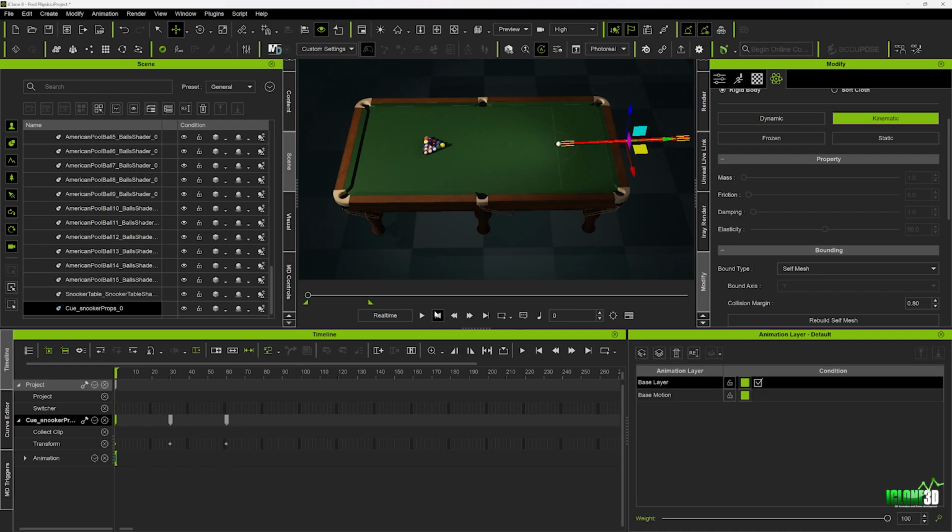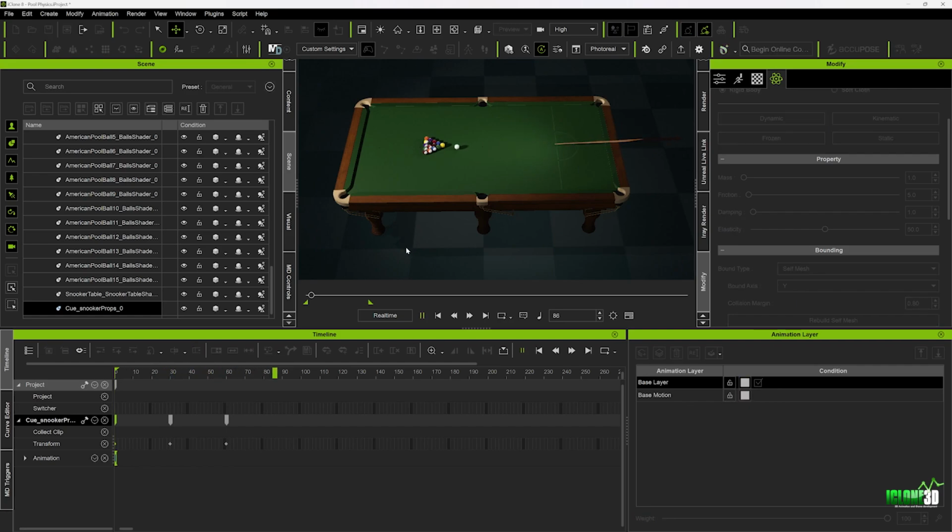shot. So if I now play this from the beginning, you're going to see that it actually knocks that white ball into those balls and they break apart. So very simple way that you can use the physics to create some natural, realistic simulations in your